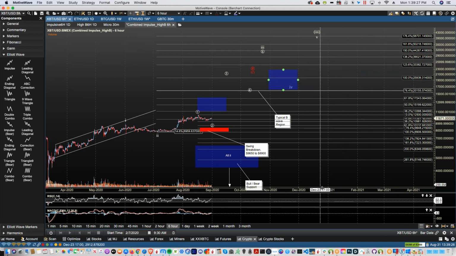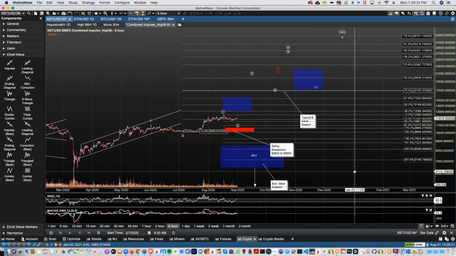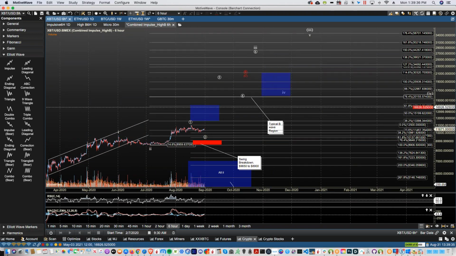There's another 4 out here. There's a bunch of 4s out here because of the various subdivisions of this wave pattern. Those supports will be moved, and the subscribers in the service will get them live. It's all based on the 50% mark from here, so you can try to do it yourself at home. It's pretty easy, but we really shouldn't breach the 50% mark between here and any of these wave 3 tops as they go,